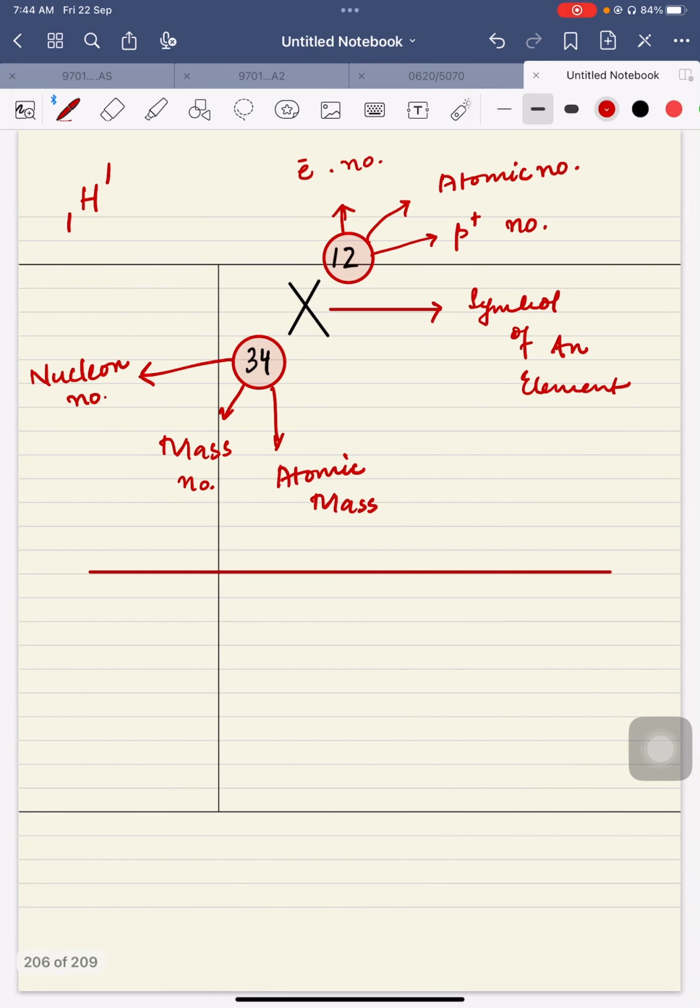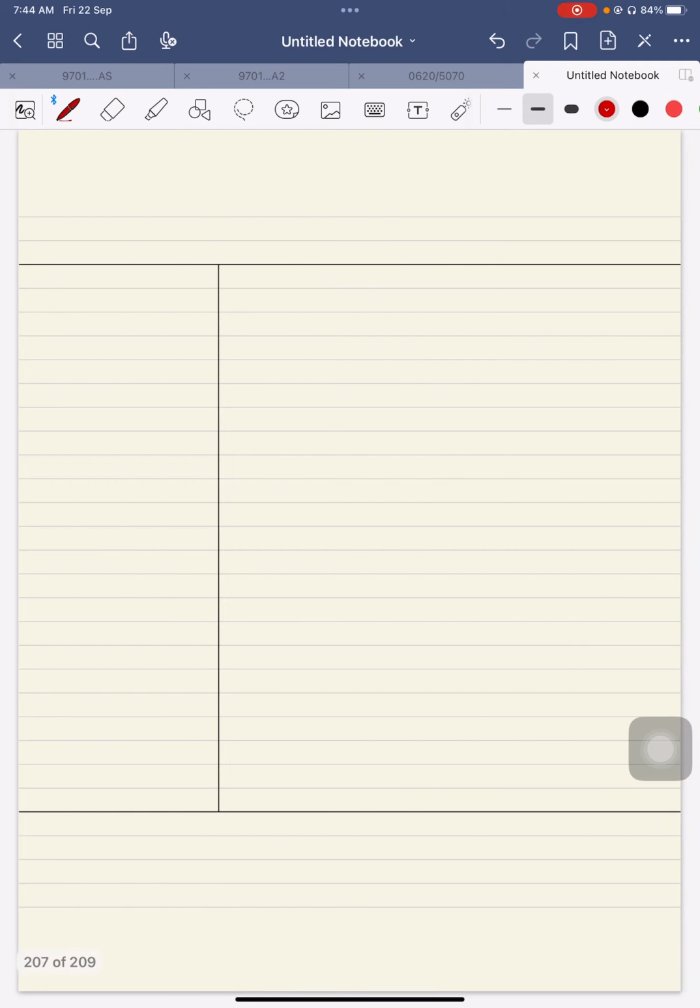Now I am on this page, which is telling you what the atomic number is, what the mass number is, and what the symbol of an element is. Okay, so this was the information from the periodic table. That's why we can say a periodic table is a symbolic representation of elements. Okay, now I'm on the next page, and that is related to